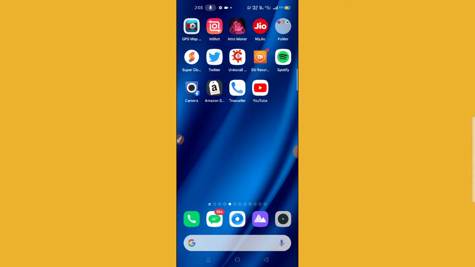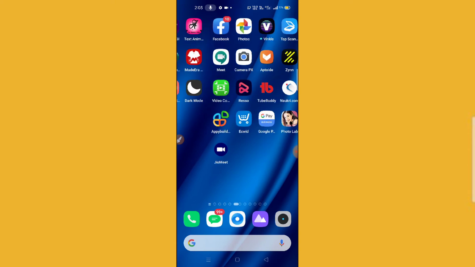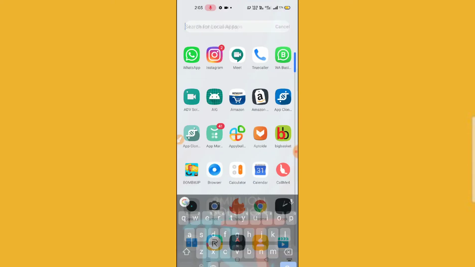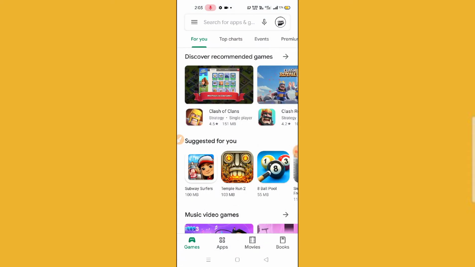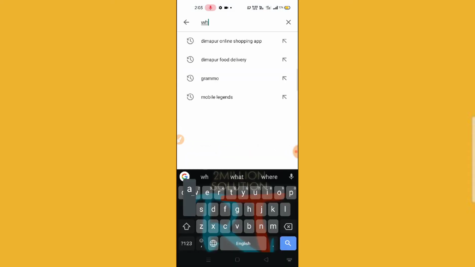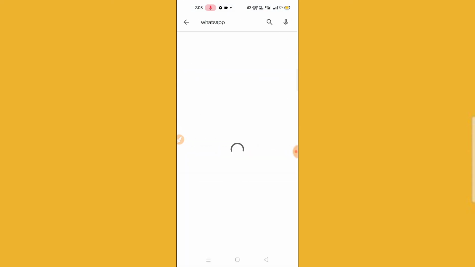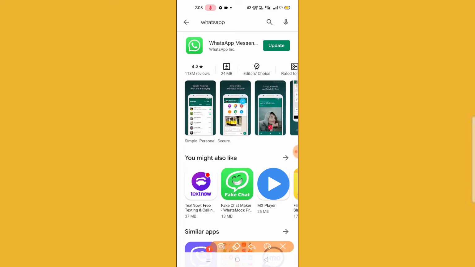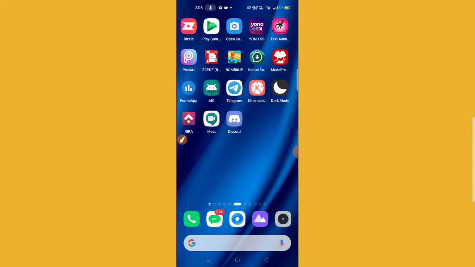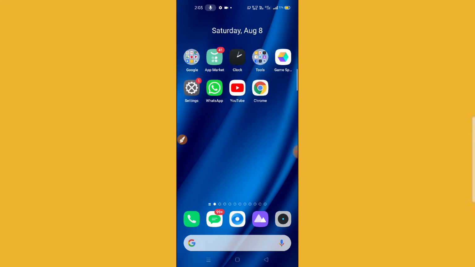So guys, first of all, what you need to do here is very simple. You just need to go to your Play Store, and then search for WhatsApp. After searching for WhatsApp, you have to update your WhatsApp. After updating your WhatsApp, just simply go to your WhatsApp, and then